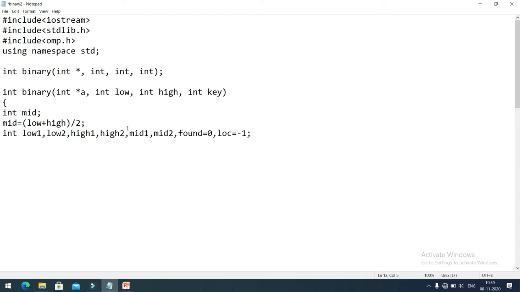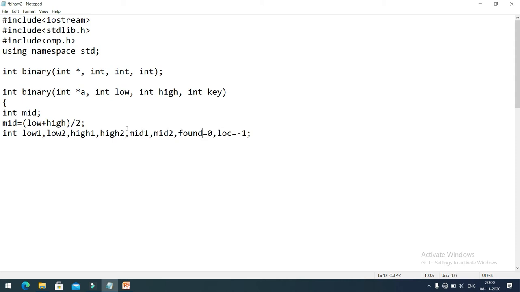as we need to find out the mid values, and again compare our search key with those mid values. So different low and high values will be found out. That's why these variable declarations are done here. This found is a variable in which we have stored 0 initially.